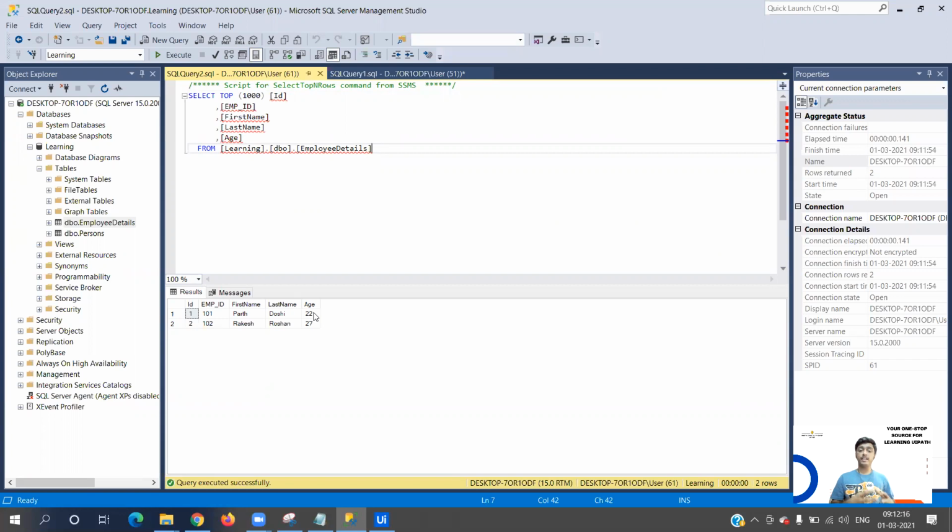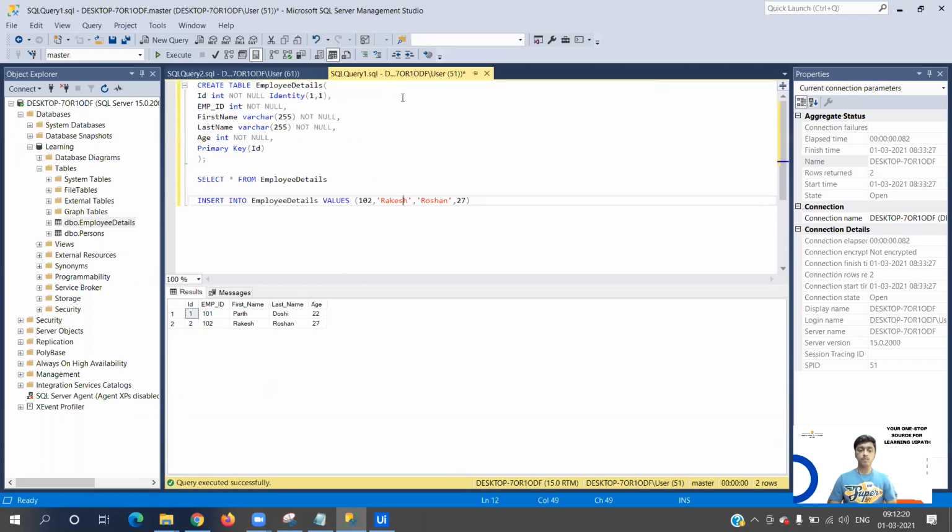Now, the one part that I missed in the video is how I created the table. So the query for the table is something like this: create table employee details, ID as identity, which will automatically get incremented. That is why I've written identity 1, 1. Employee ID not null, first name, last name, age. So this is how I have written the SQL query to create the table, and I inserted some dummy data.